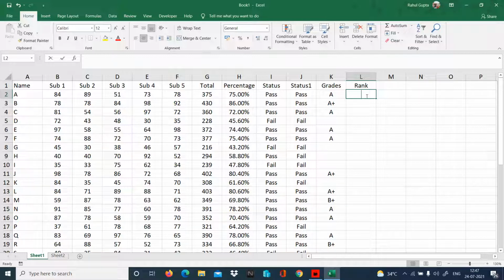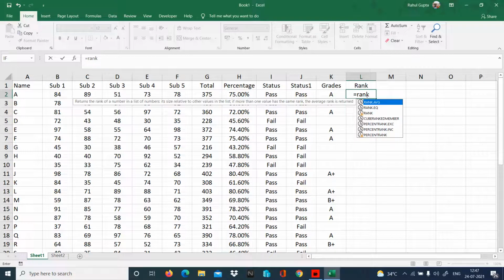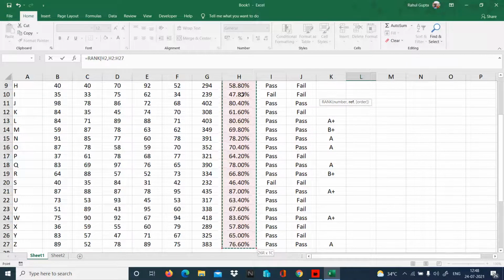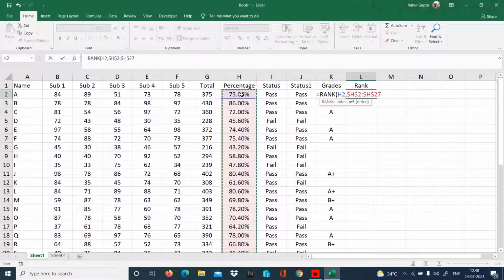So for rank, I'm going to use the formula equal to RANK. This is my number, which I need to check the rank of. Now I have to give a reference. So in which range you want to check this number. That's my whole range. Pressing F4 to freeze, because if you do not freeze it, what will happen?